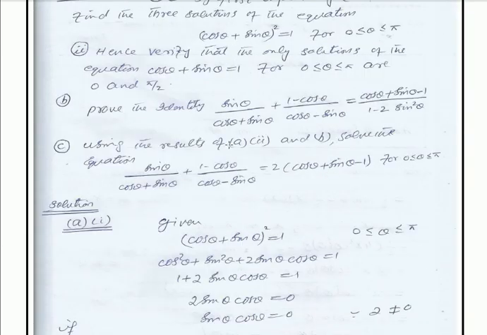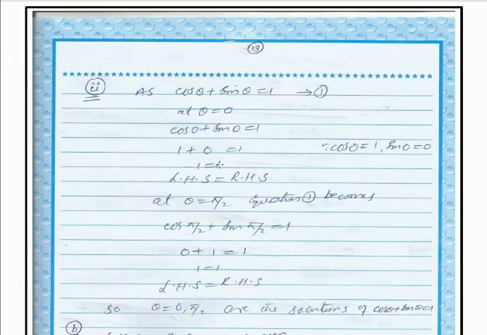For part B, prove the identity: sin theta over (cos theta plus sin theta) plus (1 minus cos theta) over (cos theta minus sin theta) equals (cos theta plus sin theta minus 1) over (1 minus 2 sin square theta). Now we shall prove the identity of part B. So in the solution section, first of all,